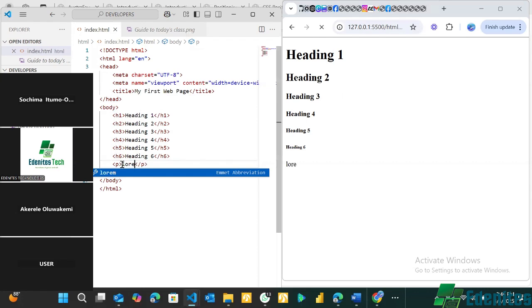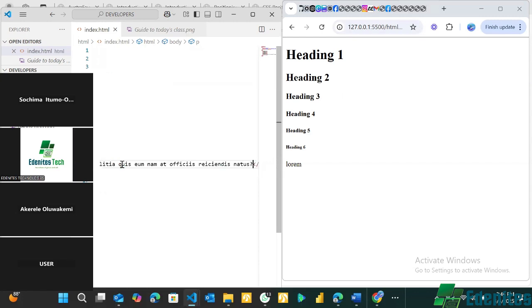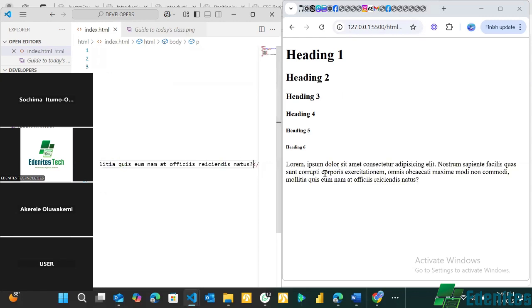When you type lorem, you are seeing that lorem appear. Once I press enter, you see the message it generates appear here. This message is written in Latin. Lorem ipsum dolor sit amet consectetur, and so on and so forth. So this is in Latin. It may not make meaning to you if you do not understand this language, but it's a meaningful sentence. It's a question that is asking. All right, so